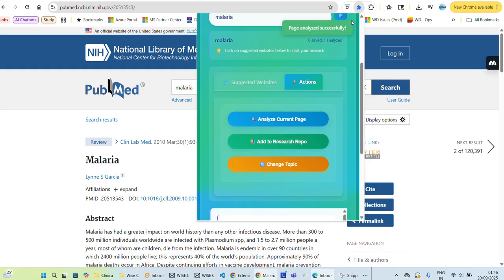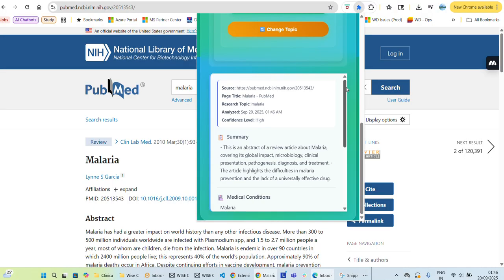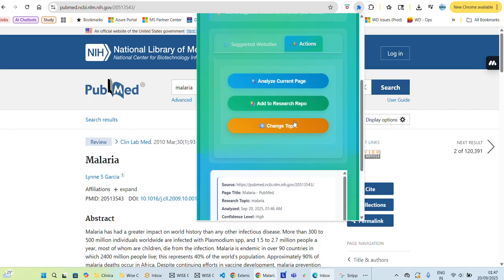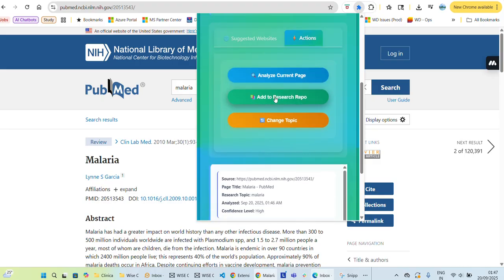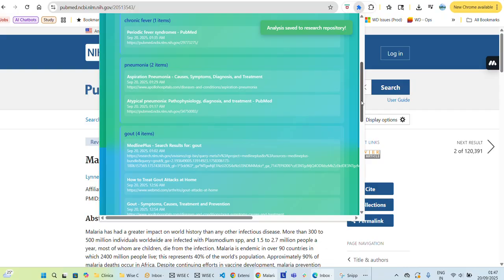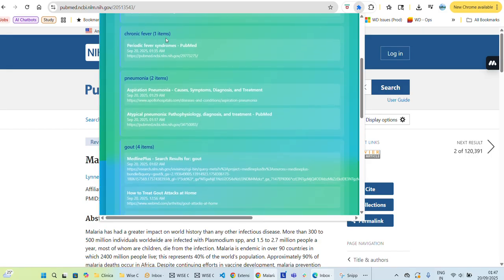Previously we had the copy to clipboard, which is not much. Now the analysis is done, so we can see the basic information. Once he is happy, if he is interested, he can add to the research repo. If not, he can just move on to the other websites. In this case he adds it, so it gets added to the repository at the top. Malaria is one item, and these are the other things we have done: chronic fever,